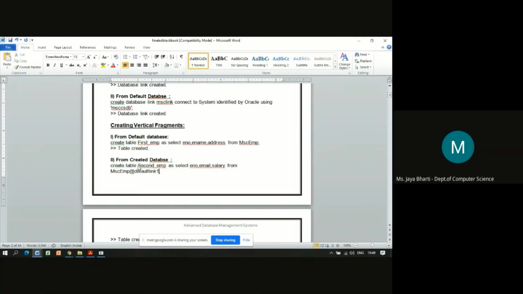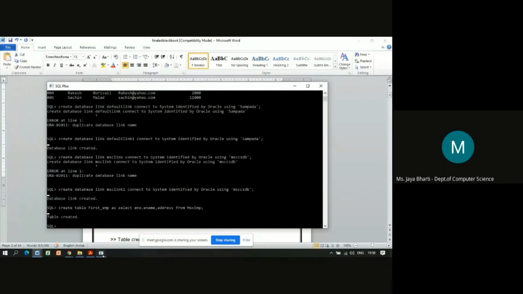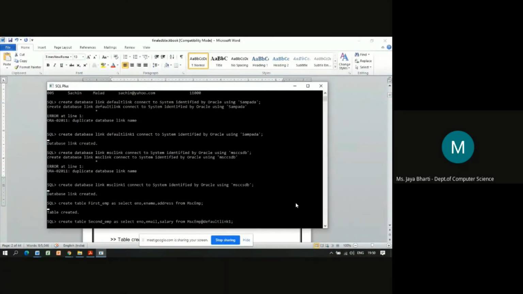Now here the name I have given is default link 1. Okay, create table fragment name second underscore EMP space as keyword space select employee number, comma email, comma salary from MSc EMP @ default link 1.